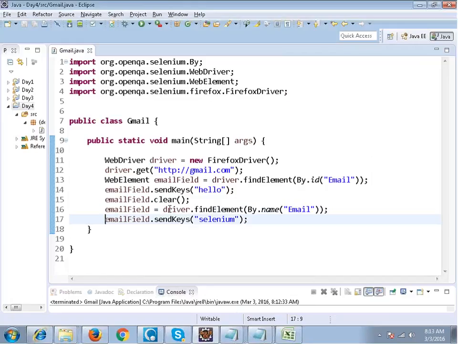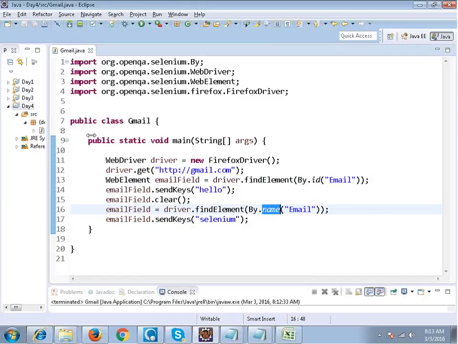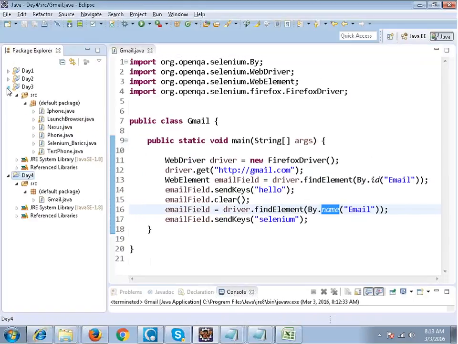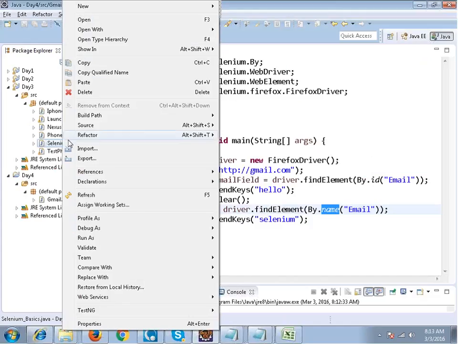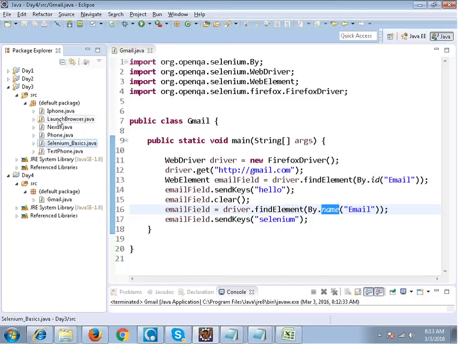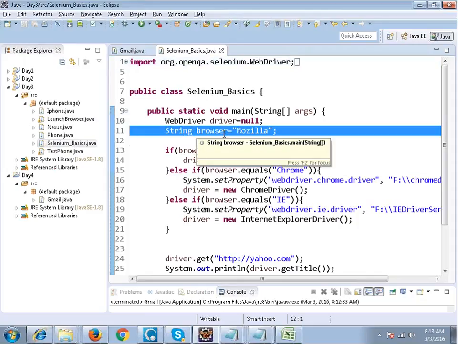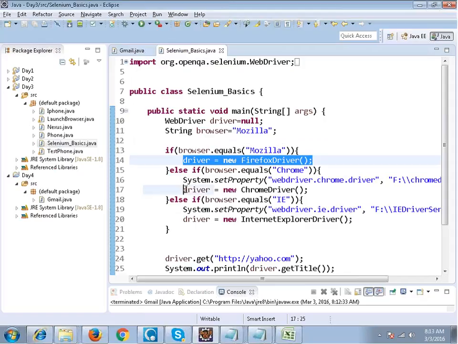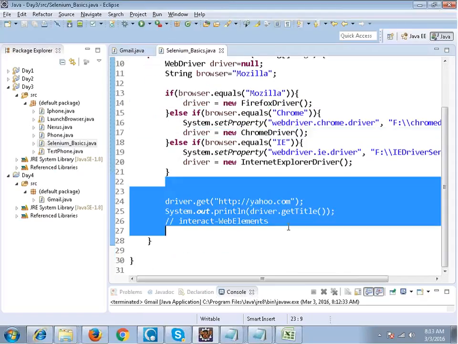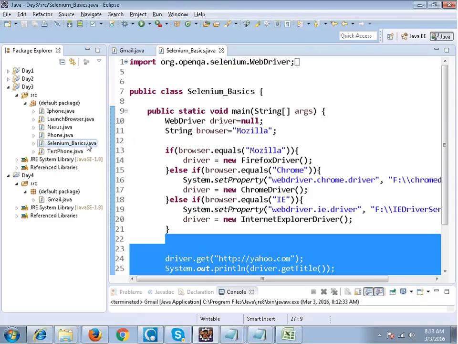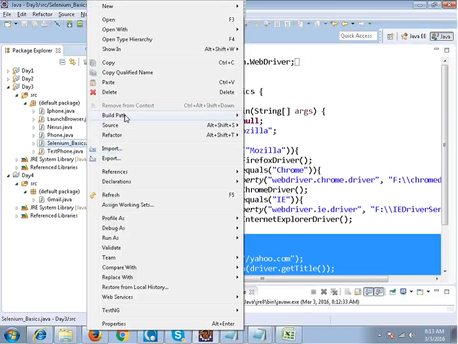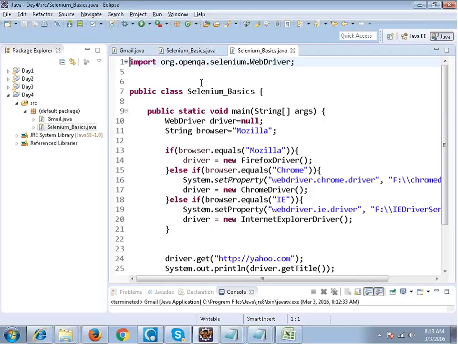So this is how Selenium works. You can use ID to find the element or the name to find the element, right? And moreover, if you look at yesterday's code which I had made, Selenium Basics, in which I had optionally opened the browser. I told you, right? We can open the browser of our choice. We can initiate that driver and then we can move on to the website. If I copy this Selenium Basics into day 4,